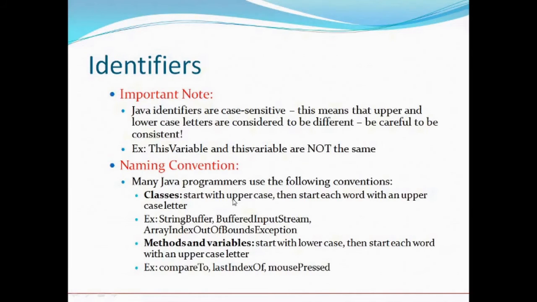The difference between the declaration of the classes, the name of the classes, and the methods and variables is that the classes have each and every starting character of the word in capital, but the methods and variables have the first letter of the first word small, and then it is exactly similar to the convention we use in the classes.